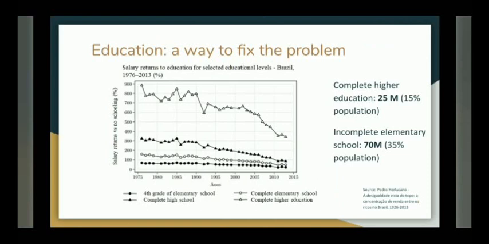However, the gap between having complete higher education and any other educational level has always been immense despite the recent fall. The access to public universities is one of the factors that allowed inequalities to decrease, but having a superior degree remains a privilege in Brazil, given that only nearly 15% of the population has one.